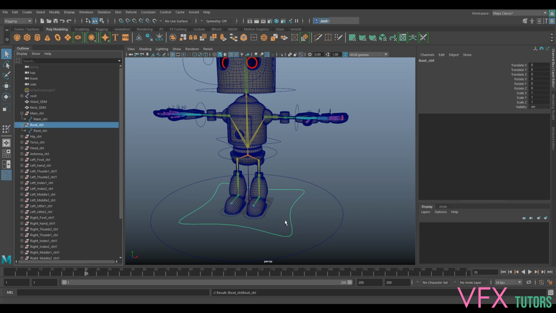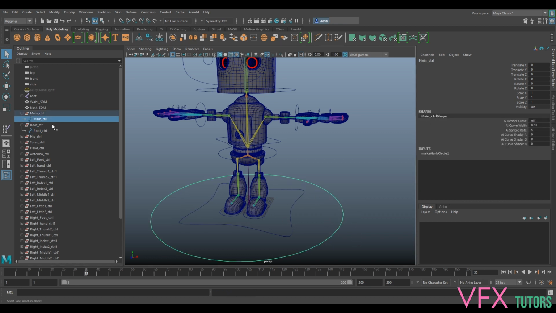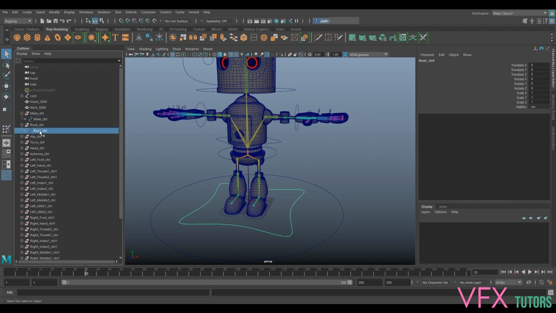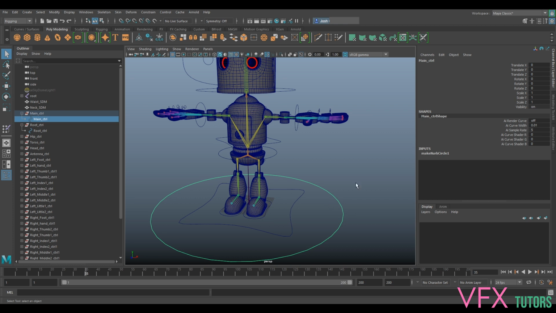So I think I've got those. This control, the main control, will have everything. We will be able to move the entire rig and stuff like that. And then our root control, this is where we'll control movement and stuff like that. Generally, you'll only use this to place it in a correct place that you need, but sometimes you don't even use this. But anyway,